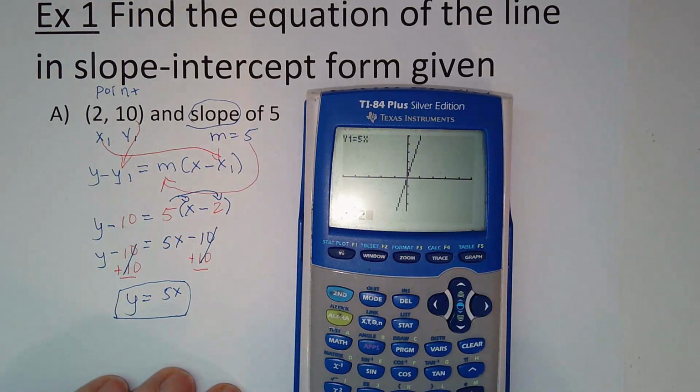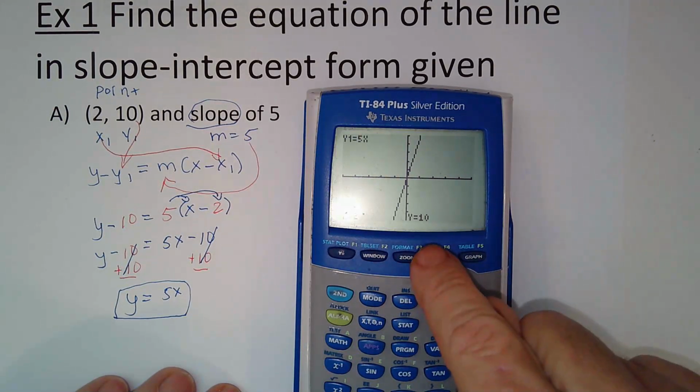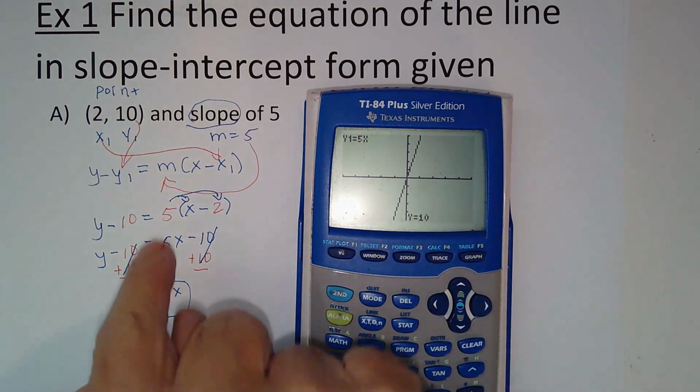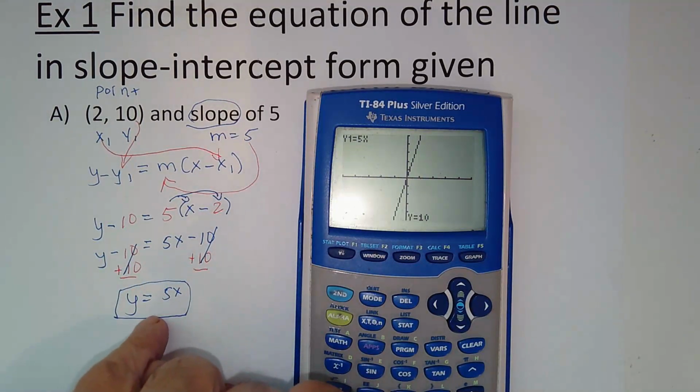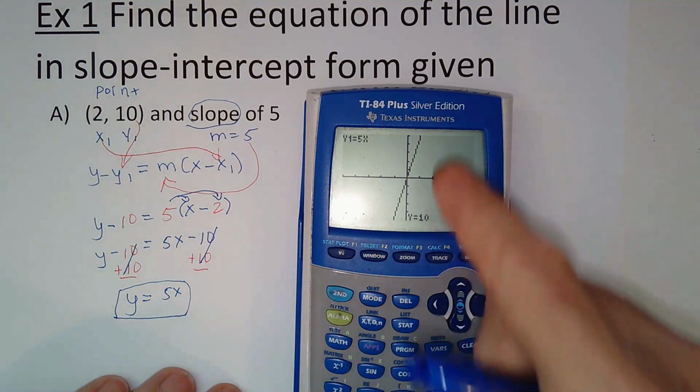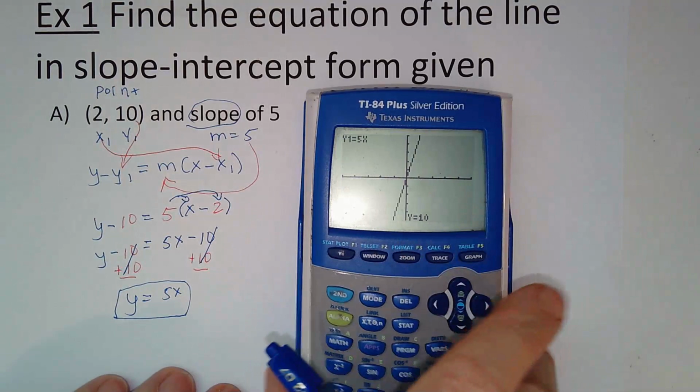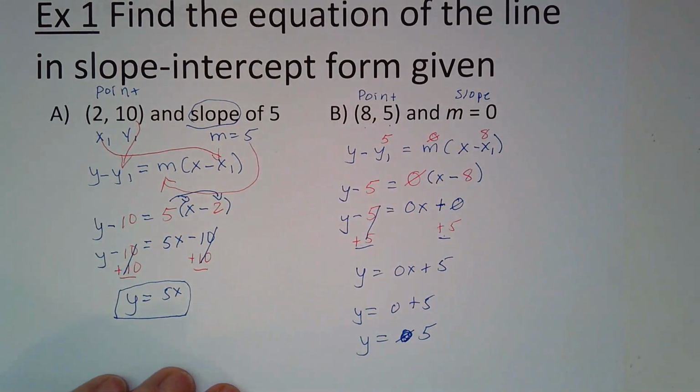And then I'm going to hit enter, and it's going to tell me what my Y should be. And notice it says the Y is 10. So that means that you've got a correct answer here because it graphs correctly. Okay. Now the one over the problem on the right